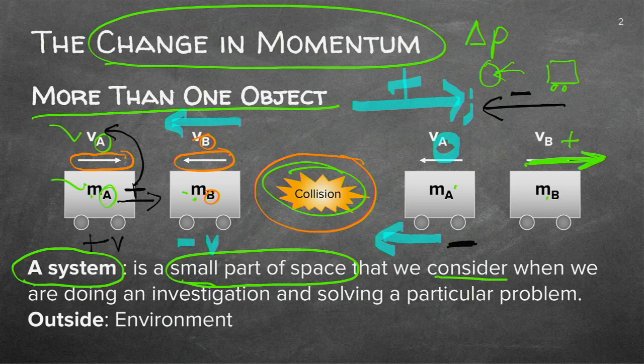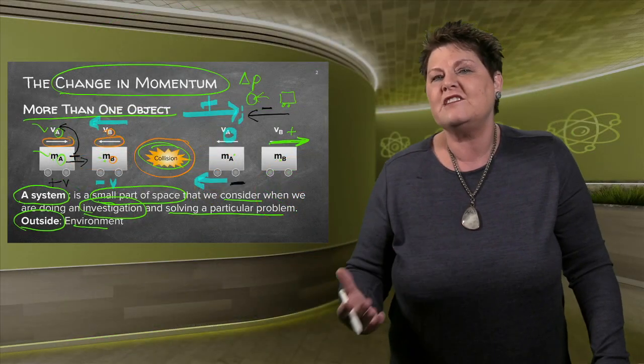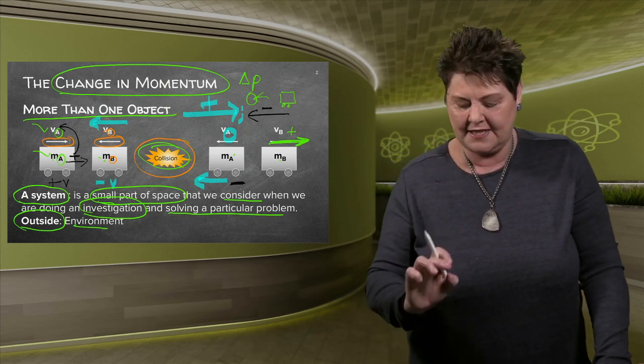And we consider them to be the part of my investigation. So it's important that we just solve this for these two trolleys. We're not solving the transport problems for New York or Tokyo. We're just solving our little problem on the piece of paper. The outside forces, everything that's outside of this, is just the environment. Because sometimes you will find that it's slowing down or if it's going faster. It has to be in the system.